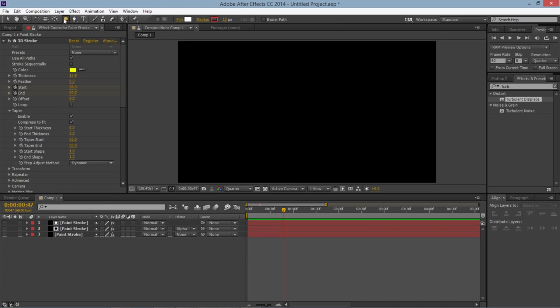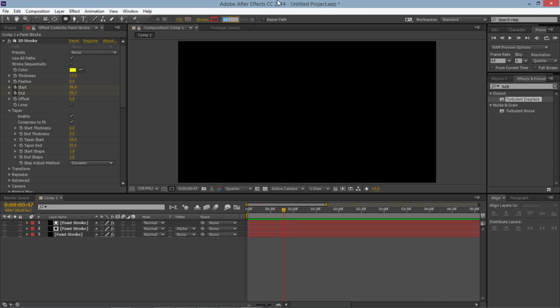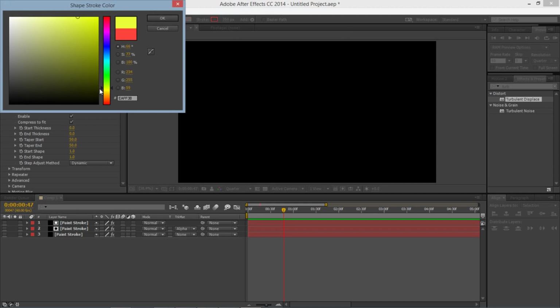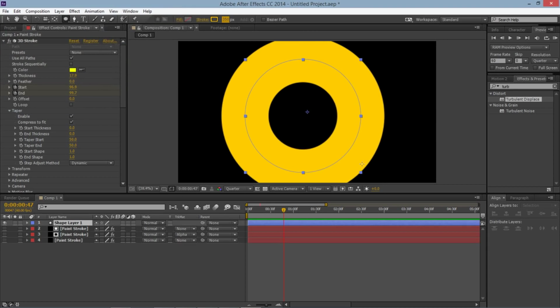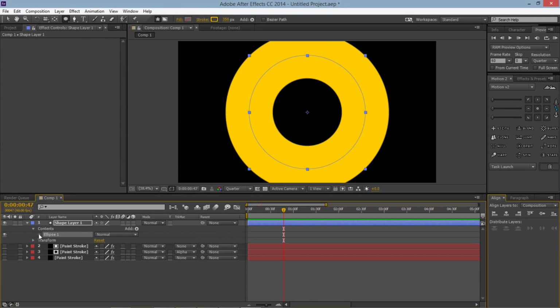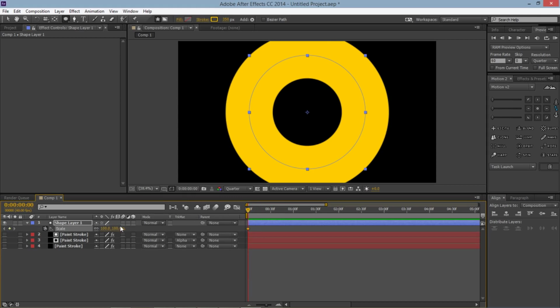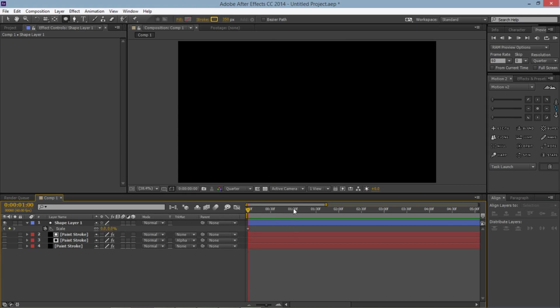I'm going to use the circle tool, make the fill none, and make this stroke 350 pixels with a color of yellow. I'm going to draw the circle right there and center that in my composition. So I'm going to go to the very start, click S and make that 0, go to around 60 frames and make that, you can drag that up